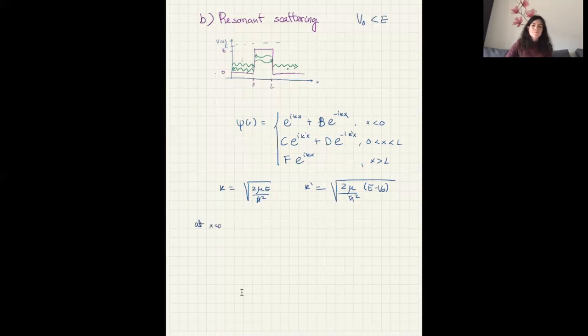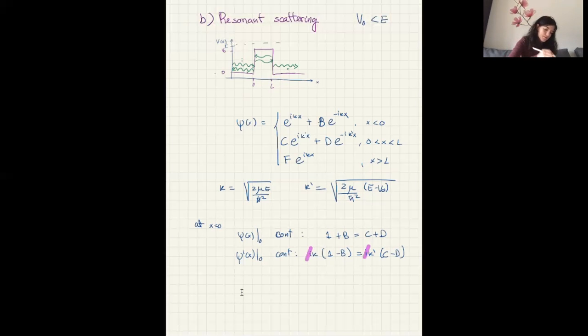Let's see. We want the wave function to be continuous. What we get again is 1 plus b equals c plus d. But now if we look at the first derivative, we get ik (1 minus b) equals ik prime (c minus d). And the i's cancel out. Good. And again, at x equals L,